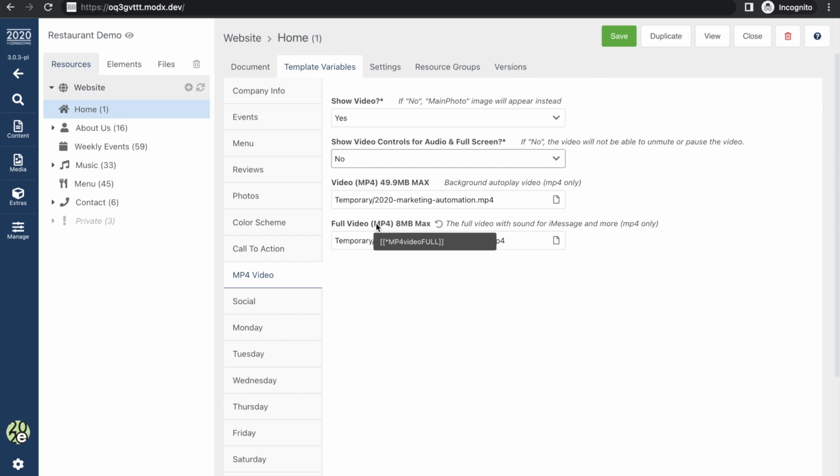Okay, the second video that you can put in is something that would be included with the text message. So if I add a shorter video and I text a link of this website to somebody, it would actually show that video in the text message without them having to open it up. So it's a cool option. Not necessary, but it's a cool option if you have the video content.